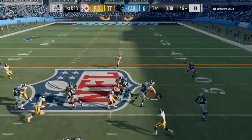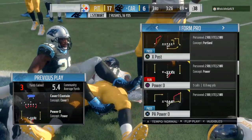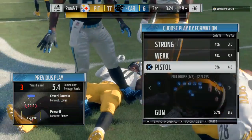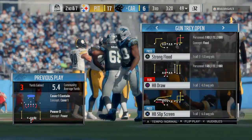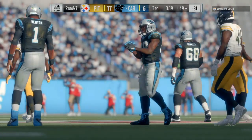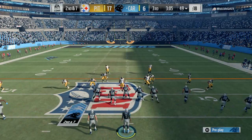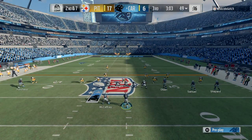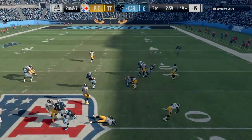Newton gives off to Stewart. And nowhere really to go there. He'll take this up just shy of midfield. 3 yards on the pickup there, and it'll be second down. Sometimes with the running game, you've just got to stick with it. Look, it's the third quarter, no time to panic. But that also doesn't mean you just do it the same way you've been doing it the entire ball game. Maybe change up some blocking assignments or run a few different plays, but stay with the overall essence of the